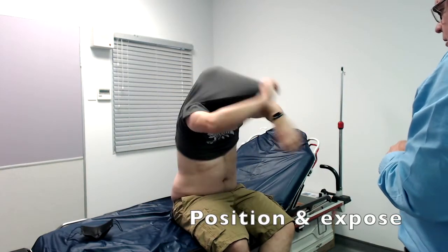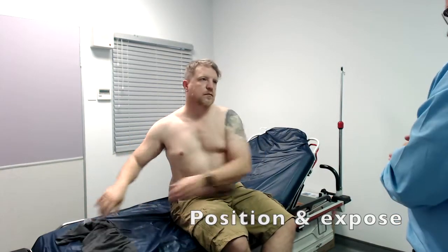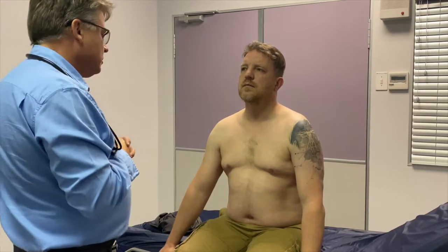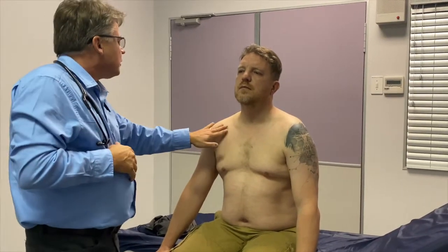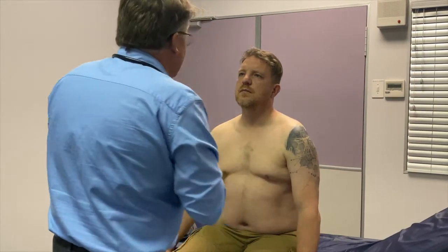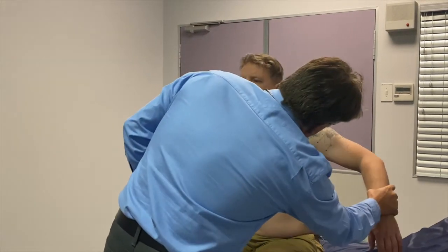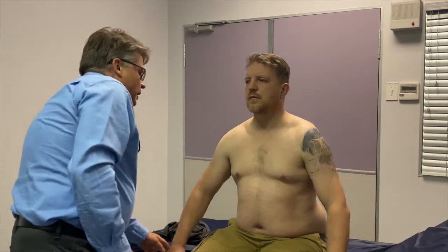So, Rian, the ideal position to examine you would be just sitting on the bed. Upon inspection, Rian has a normal chest shape. He has a normal AP diameter, so no barrel chest. I don't notice any pectus carinatum or pectus excavatum. He doesn't have any Harrison sulcus. And then also looking at his chest, there's no neck vein distension, and he doesn't have any chemical burn wounds